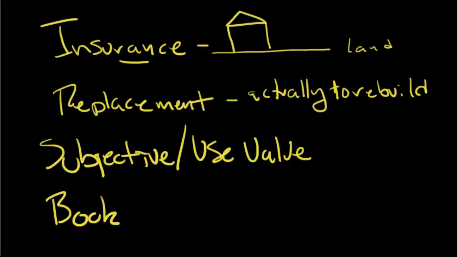And I know that you've all had incidences, maybe with your automobile, for instance, where the insurance company is going to give you, I don't know, $1,200, but it might actually cost $1,500 to get it replaced. So there's a discrepancy between these two things. And of course, then you have to dig into your own pocket and come up with the cash. So this is what they're willing to insure it for, and that's what their cost is to actually replace it. The next one's subjective or use value.